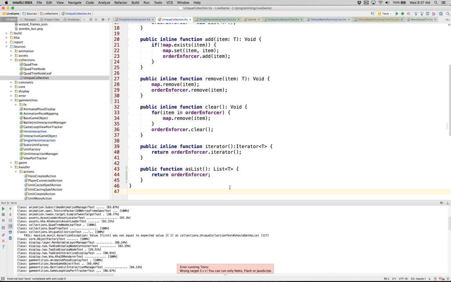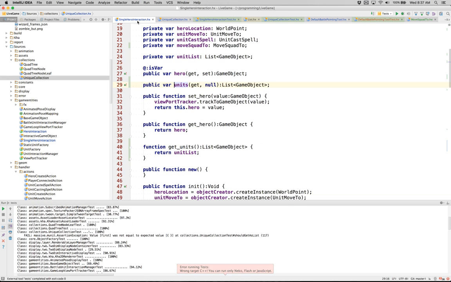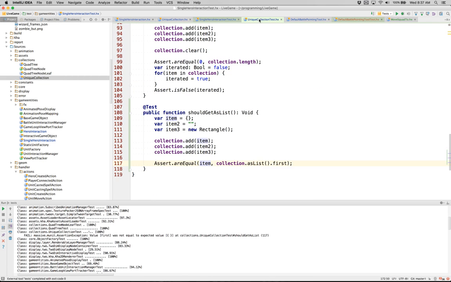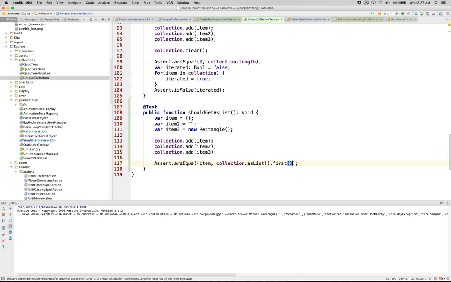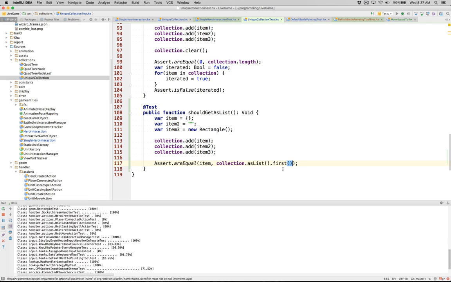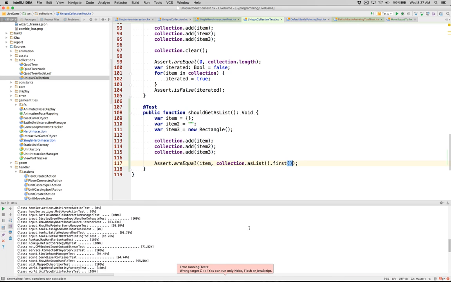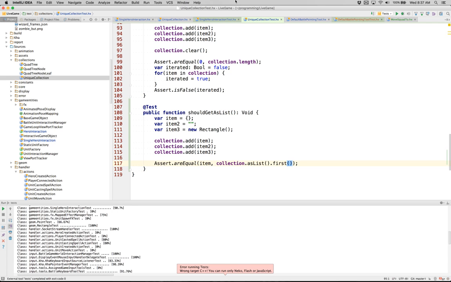Two errors. Let's see here. Unique collection test. Let's see here. Dot first. Yes, so it is a function. And it's saying that, oh, okay. It's just me not paying attention. Okay, so